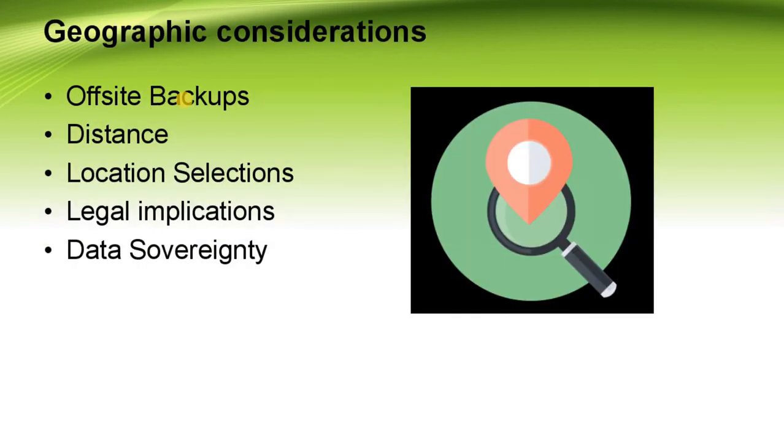Geographic considerations. Offsite backup. Offsite backups are just that: backups that are stored in a separate location from the system being backed up. This can be important in the realm of problems that can affect a larger area than a single room. A building fire, a hurricane, a tornado, these are all disasters that occur frequently and typically affect a larger area than a single room or building. Having backups offsite alleviates the risk of losing the backup to the same problem.